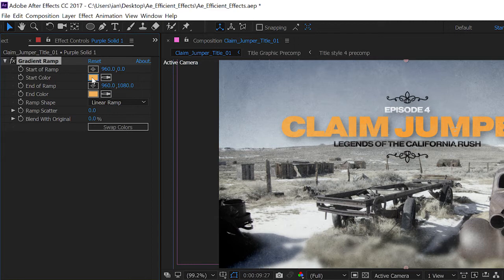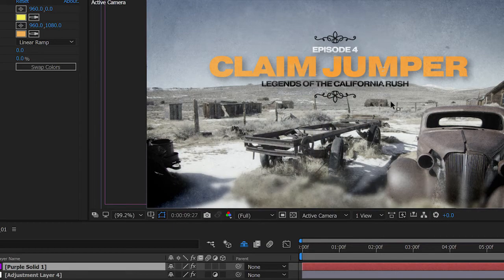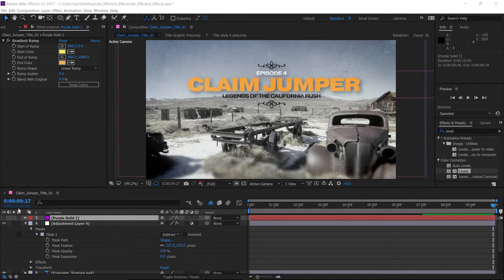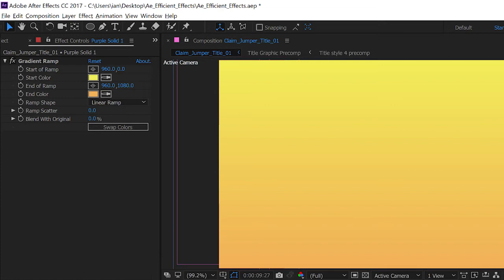So let's click once in the drop well next to the start color, and let's go to the slider here and rotate the hue up a little bit until we get to a nice bright yellow. Once you've found a yellow that you like, go ahead and click OK. Now just so we can see what's going on with our layer now, let's turn its visibility back on in the timeline. In the Effect Controls, go to the Ramp Shape pull down and change it from Linear Ramp to